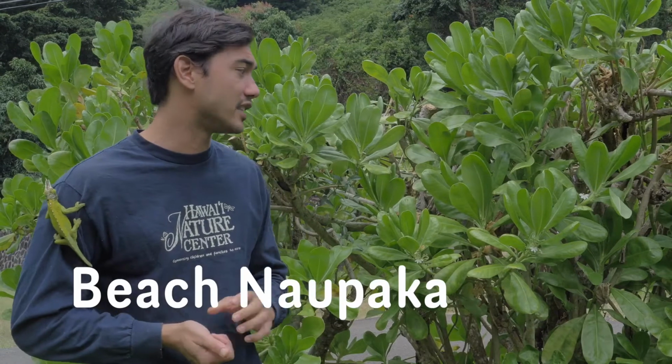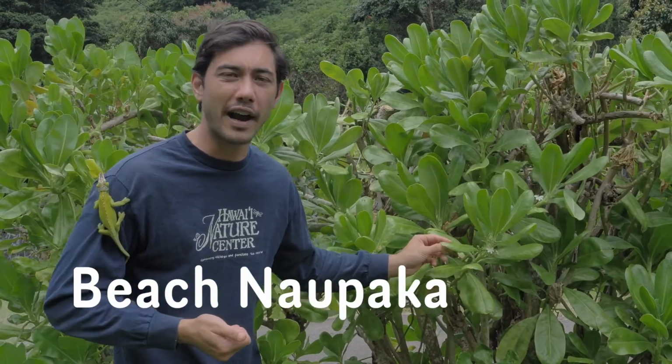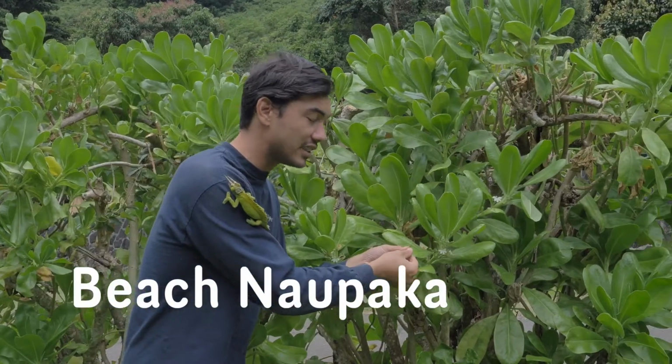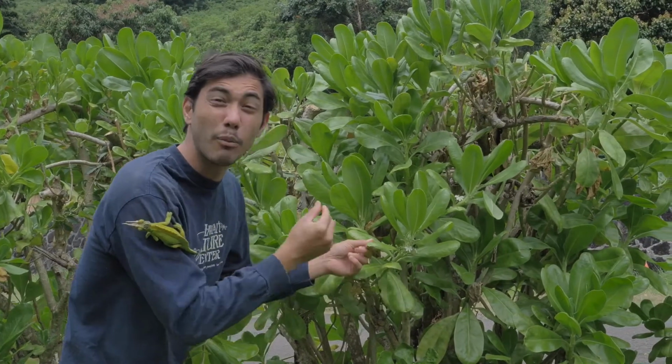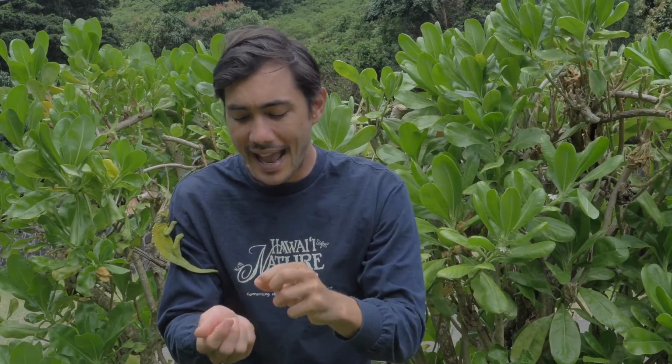The next plant that we have right behind me is the Scaevola taccada, better known as beach naupaka. And beach naupaka has special adaptations that help it live in a warm and hot environment, such as its leaves have little tiny hairs that help keep in moisture. Now, naupaka also has these seeds or little fruits that have seeds inside that actually